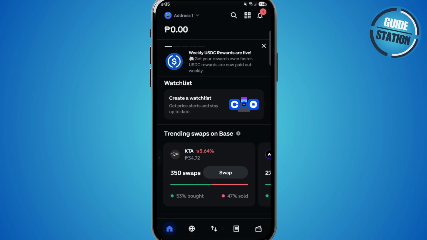In today's video, I'll show you how to unstake crypto on Coinbase. If you've staked a crypto and are ready to unlock it, this quick guide will walk you through the steps. Let's get started. First, you want to open your Coinbase app or website and head over to your assets